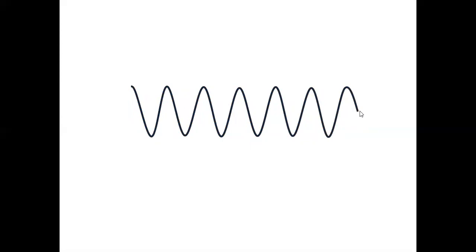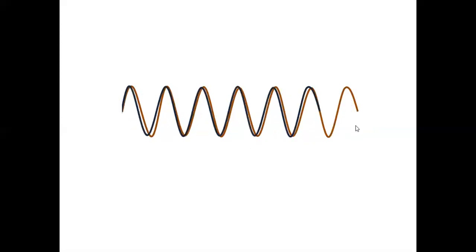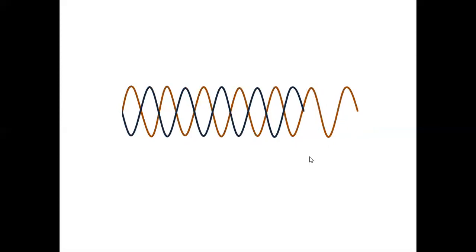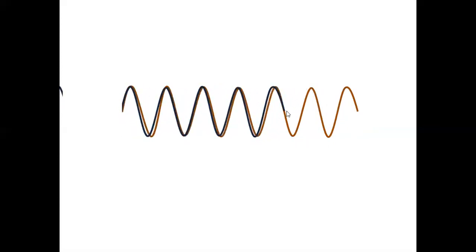For n equal to 0 lambda, what is the phase difference? 0 pi. No phase difference. Now, what is this one? 2 pi phase difference. What is this one? This is 4 pi phase difference. So how do you write the phase difference? 2n pi. Put n equal 0, 0. n equal 1, 2 pi. n equal 2, 4 pi. So 0, 2 pi, 4 pi. If that is the phase difference, it is constructive.